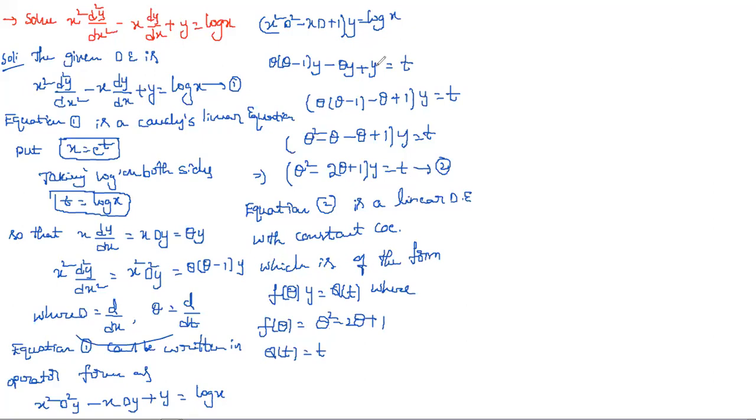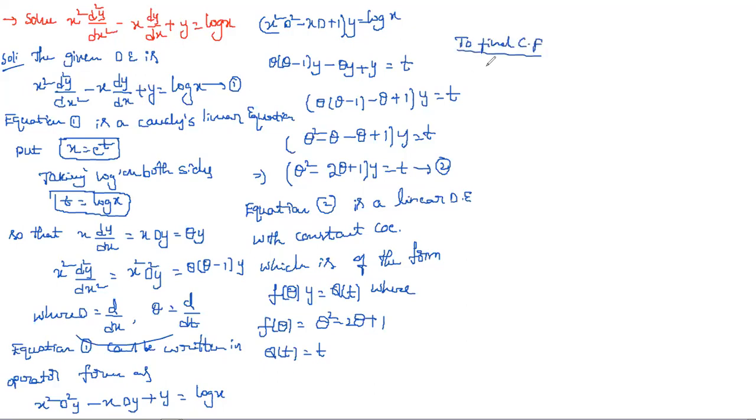Now we need to find a complementary function and particular integral. Only these modifications we are doing up to getting the second equation. So only this part is the new thing, and the remaining is as usual, just like the previous methods. First we need to find a complementary function and then particular integral.